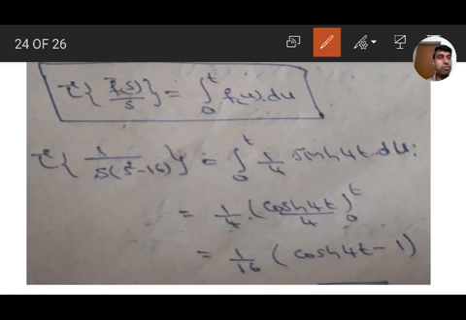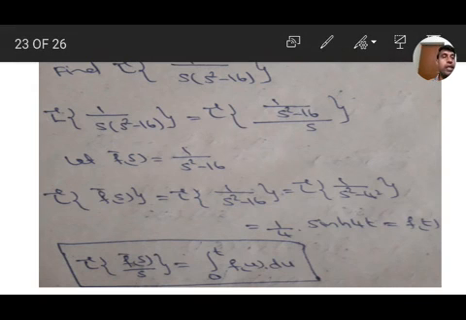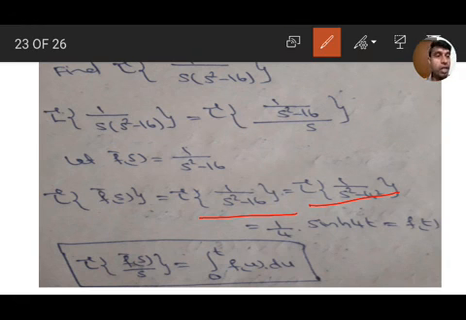Look at the problem: 1 by s into (s square minus 16). Here it can be written as L inverse of [1 by (s square minus 16)] by s. Let f bar s equal 1 by (s square minus 16), and its inverse Laplace transform L inverse of f bar s equals 1 by (s square minus 16), that is 4 square. That is the formula 1 by (s square minus a square), 1 by a sinh of at,